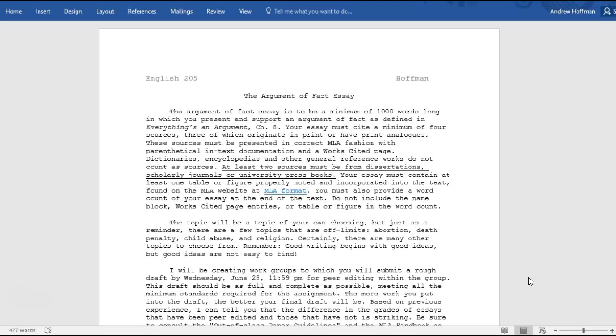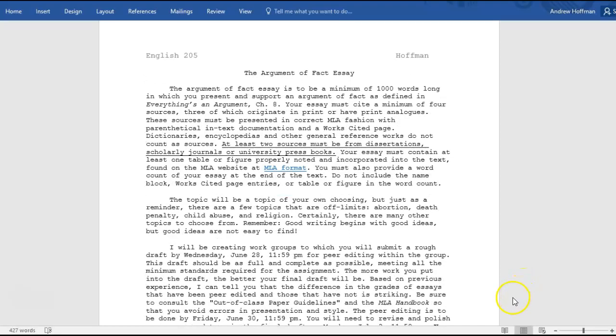Okay? Based on previous experience, I can tell you that the difference in the grades of essays that have been peer edited and those that have not is striking. Be sure to consult the out-of-class paper guidelines, which is a handout that's available to you on Canvas, and the MLA handbook, or again, my MLA